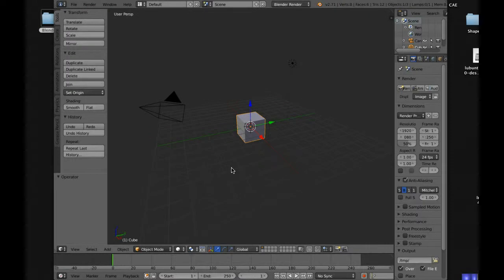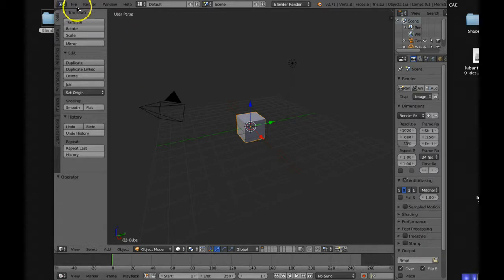Hi, this is a quick introduction to the Blender user interface for students in a one-week summer app camp. What we're looking at in front of me is what Blender looks like when you first open it. This is not a typical Windows or OS X type of user interface. Blender has its own concept of how to lay out windows in order to make dealing with 3D scenes more